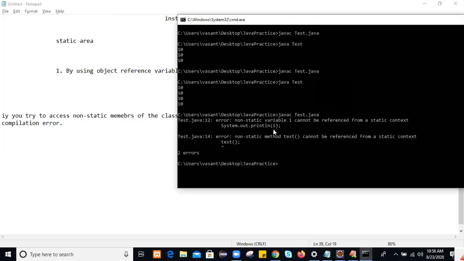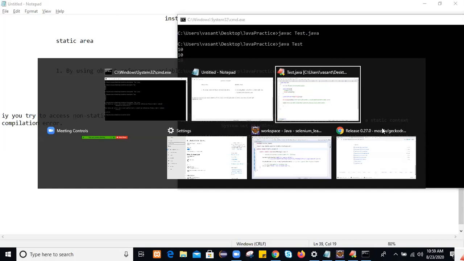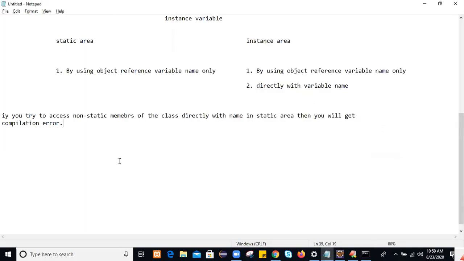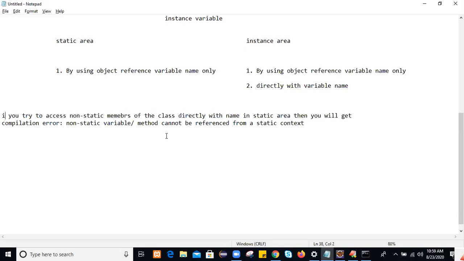Non-static variable or non-static method cannot be referenced from static context. Cannot be referenced from static context.